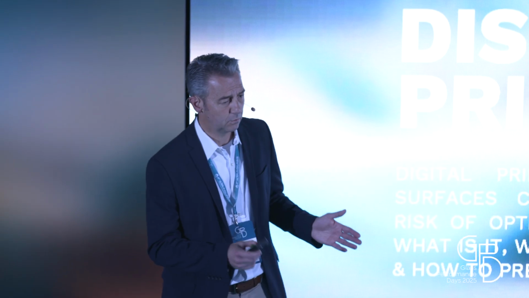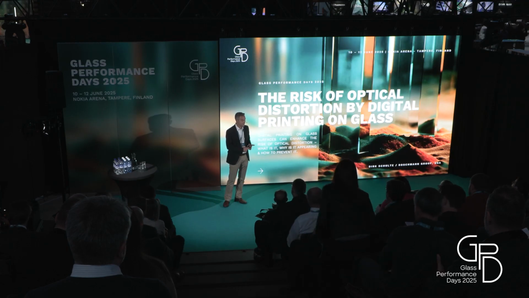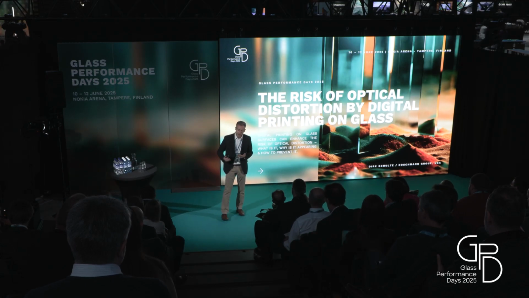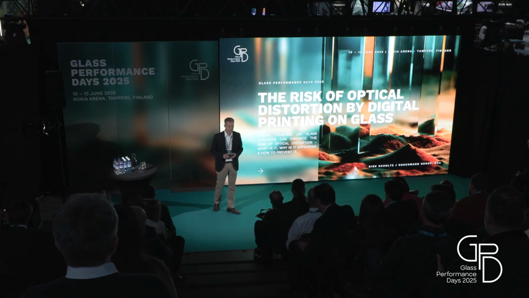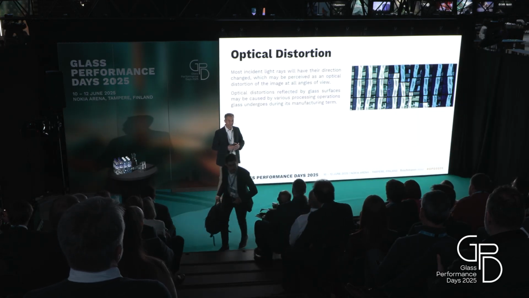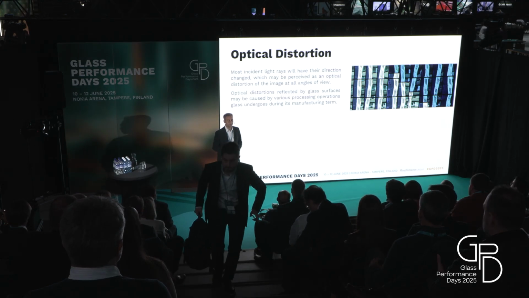And that's what we will see. We will see what it is, where it comes from, as well as maybe giving some hints and possibilities how to prevent it. So starting with a generalized cover of what optical distortions are,